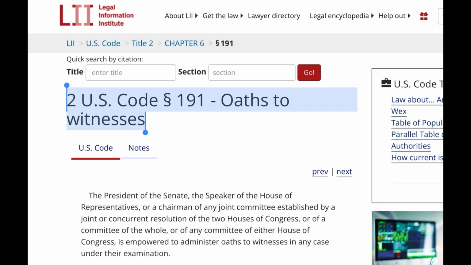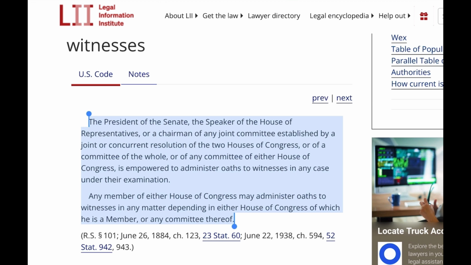2 U.S. Code Paragraph 191. Oaths to witnesses. The President of the Senate, the Speaker of the House of Representatives, or a chairman of any joint committee established by a joint or concurrent resolution of the two houses of Congress, or of a committee of the whole, or of any committee of either house of Congress, is empowered to administer oaths to witnesses in any